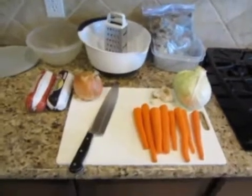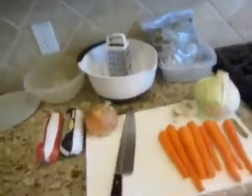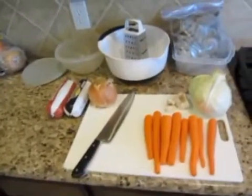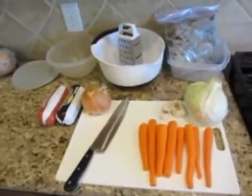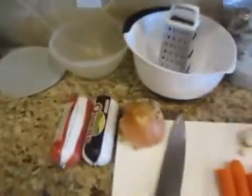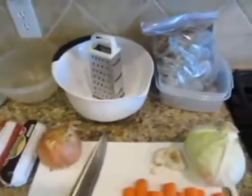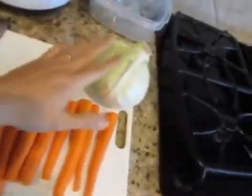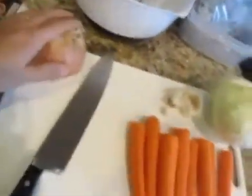Today I'm going to be making Asian food, and for the first couple of seconds, can you look and guess what I'm cooking from the ingredients here? I left out the one ingredient that will surely give it away, but I've got some carrots, got a cabbage, an onion, some garlic, and some shrimp,